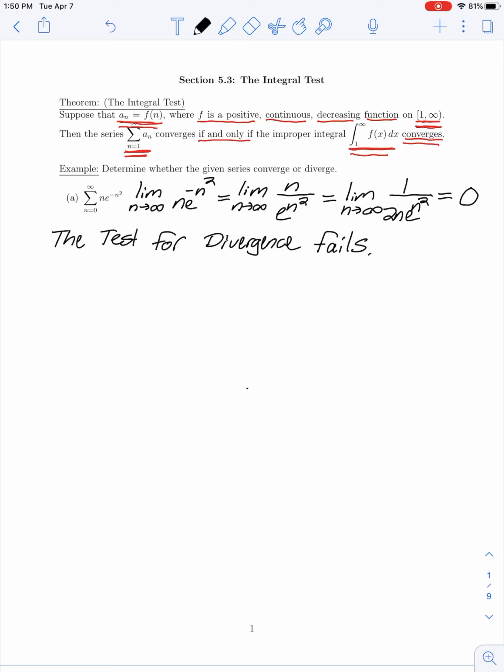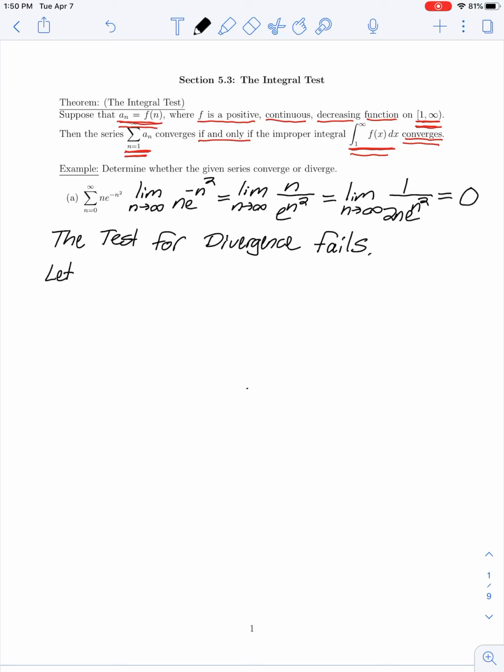And so far, the only tests which we have are the geometric series test. And we can tell by looking at this general term that it is not a geometric series. It doesn't have the form a times r to the n. And we have a way to determine convergence for telescoping series by looking at the nth partial sum. But it's pretty clear that this is not a telescoping series. So the only other test we have at this point is the integral test. And to apply this test,